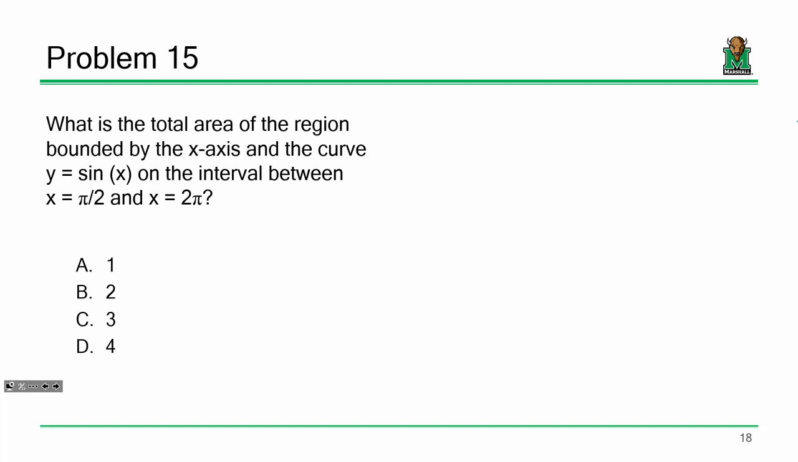Now, with this one, I wanted to throw a definite integral into the mix. I wanted to do a simple one, but one that makes you have to think a little bit. So this problem says, what is the total area of the region bounded by the x-axis and the curve y equals sine of x on the interval between x equals pi over 2 and x equals 2 pi? So the first thing that I'm going to do before I even do anything,